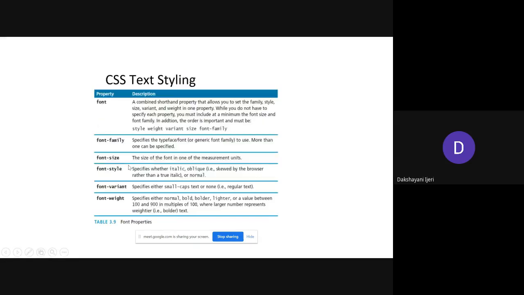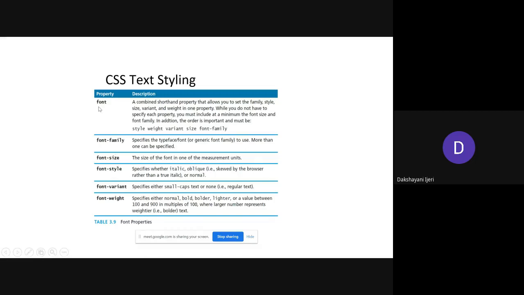Okay. Coming to the last two styles that we are going to discuss as part of this module: CSS text styling. It is with respect to the text information that you want to take into the HTML, right? So what are the different properties that you can set here? In general, you can take font to include the rest of the properties.